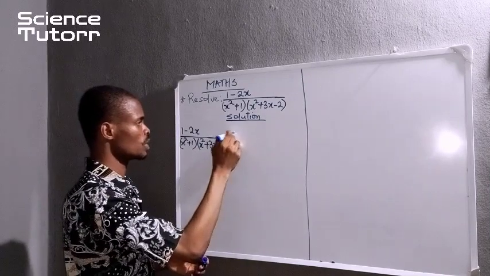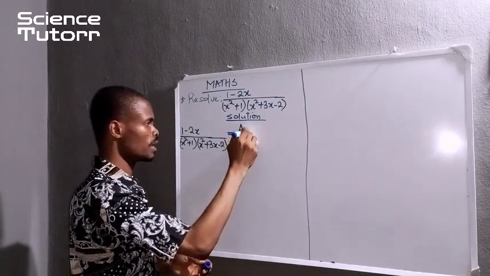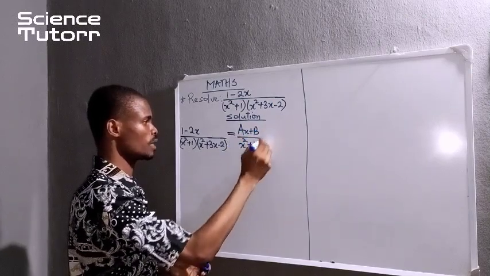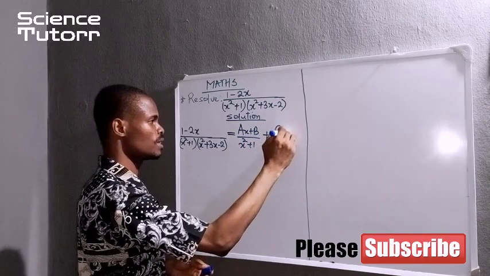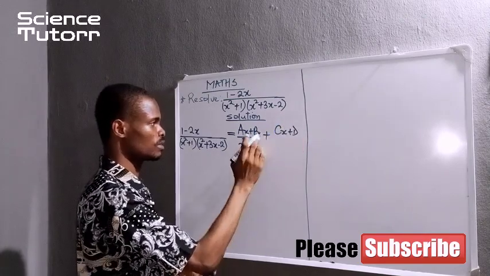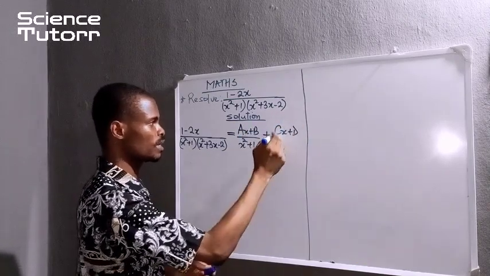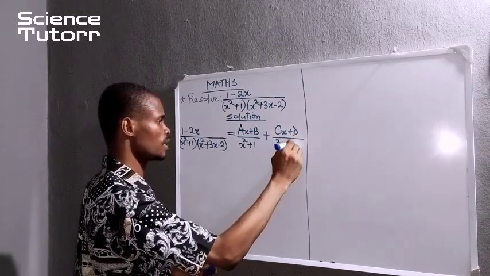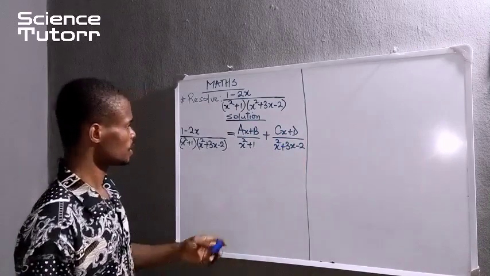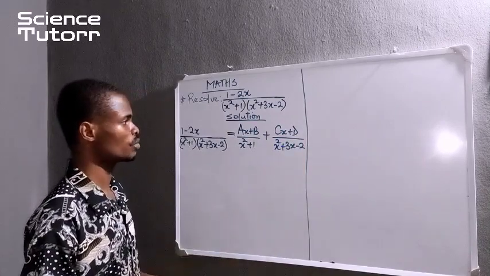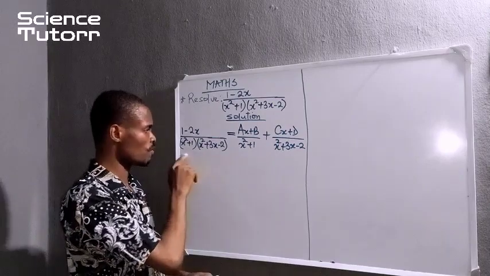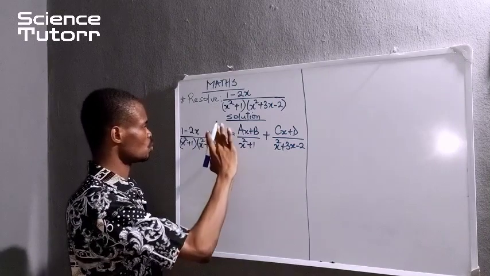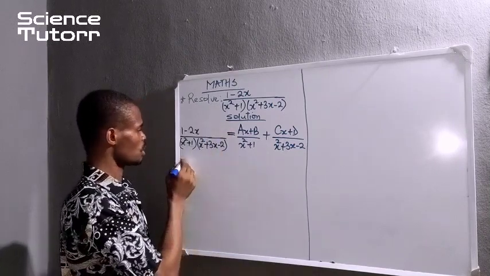So in resolving, we are simply going to be using ax plus b over x squared plus 1, plus cx plus d, over x squared plus 3x minus 2. So this is how to resolve the quadratic function when it is not factorizable. So at the end of it all, I want to neglect this part of it, so I'm going to have